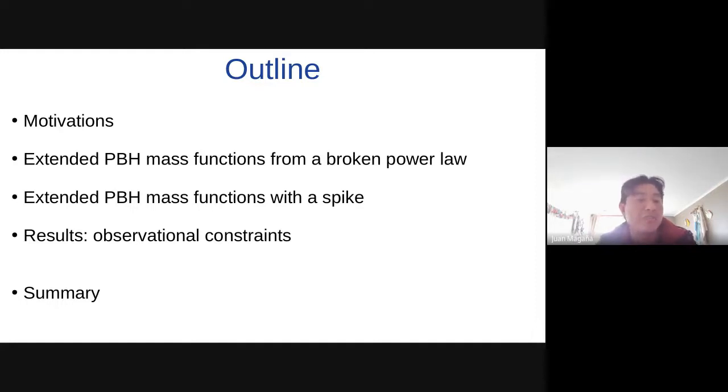After that, I will present how to construct this mass function with a spike, and finally, I will show you some observational constraints for the free parameters of this mass distribution and my summary.